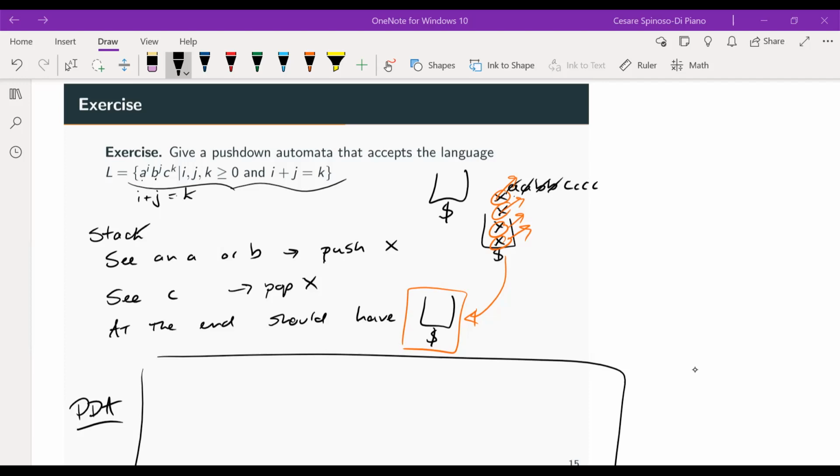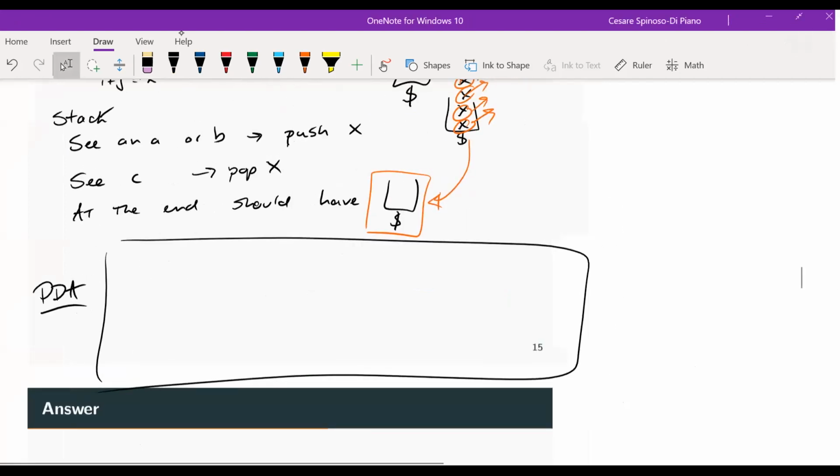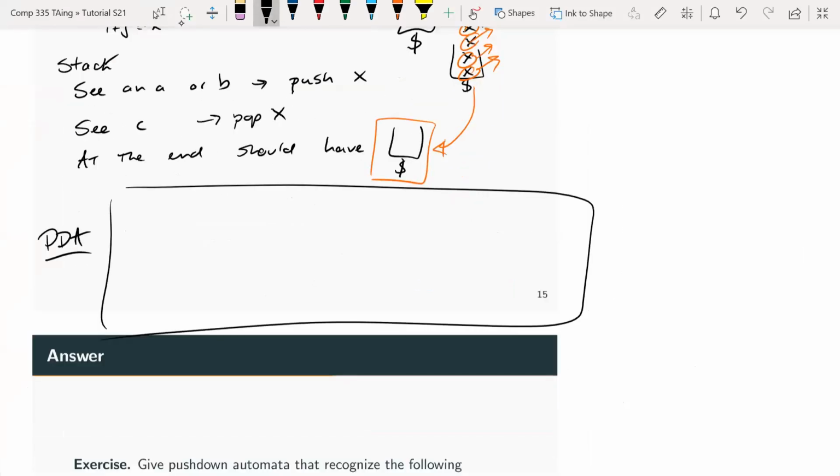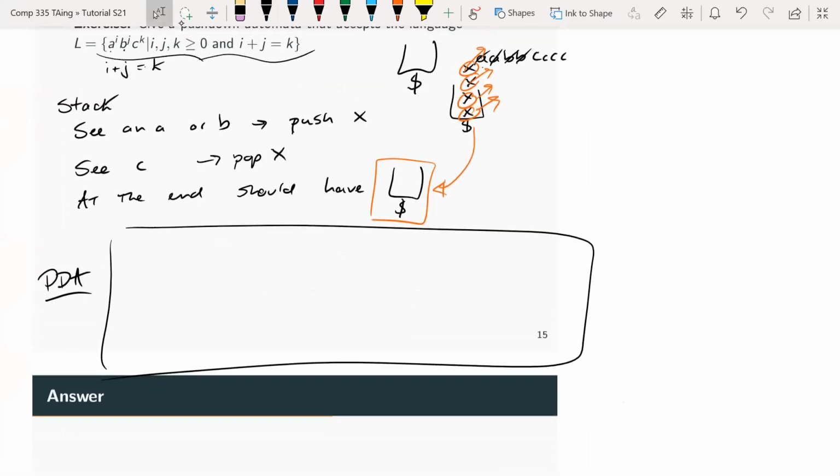Okay, so let's look at this together. So again, what's the idea here? The idea is, let's say you have something like, so I'm going to reuse my example, A, B, B, C, C, C, C. Then you have to read A's, right? So